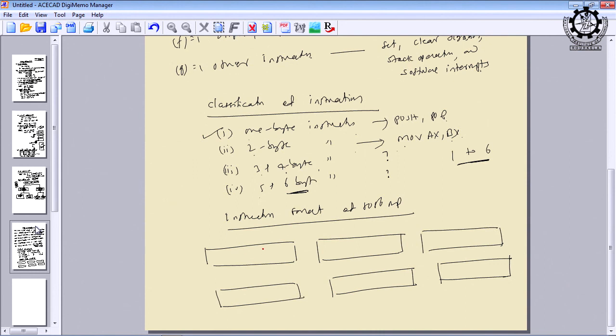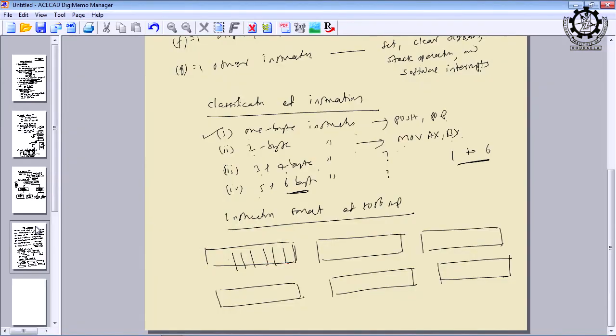Now, every bit position in this format will have some meaning. Some bits will have the opcode, then there can be a D bit or direction bit, and there can be a mode field indicating in which addressing mode it is. We have to allocate a group of bits for each of the functions, such as which addressing mode it should fall under. And there must be 3 bits used for the register, because we have 8 registers.